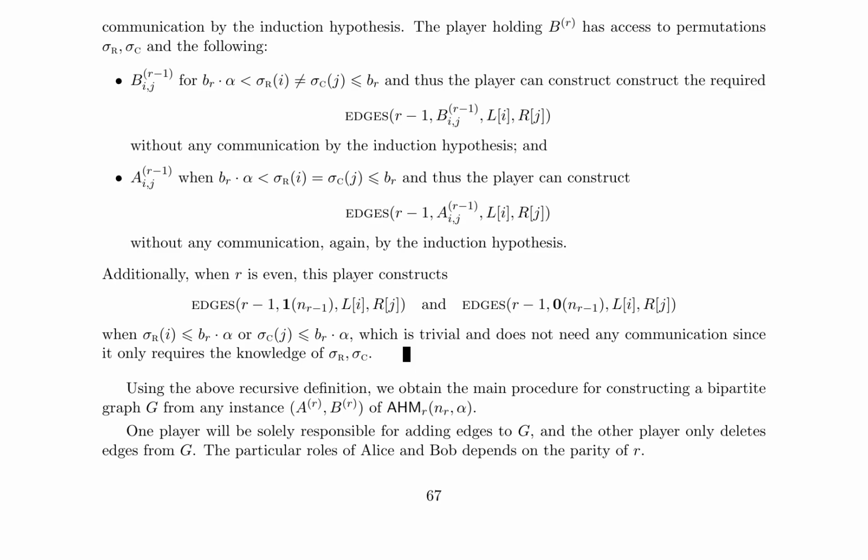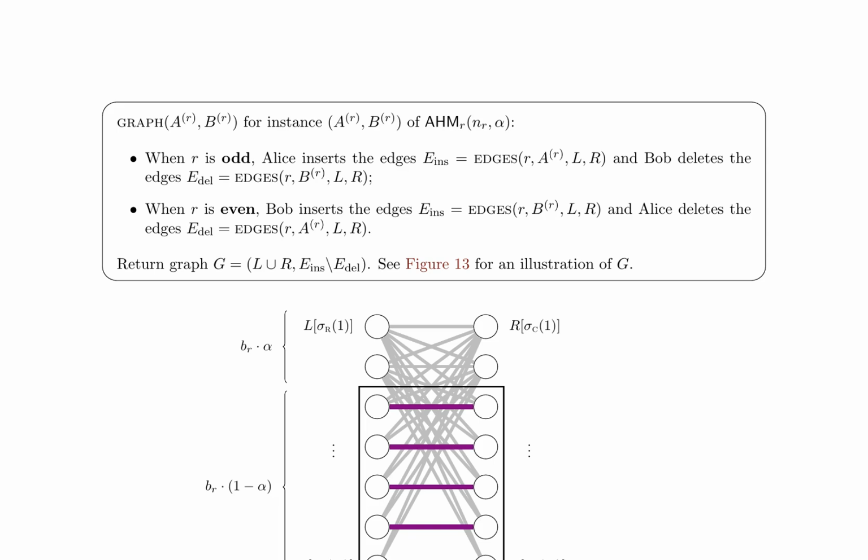The recursive definition of the graph construction is presented, where the player holding B_r has access to permutations sigma_r and sigma_c. The player can construct the required edges without communication by the induction hypothesis. Additionally, when r is even, the player constructs edges corresponding to subinstances in B_rest without any communication. The main procedure for constructing the graph G is presented, where one player inserts edges and the other player deletes edges. The particular roles of Alice and Bob depend on the parity of r. When r is odd, Alice inserts the edges and Bob deletes the edges, and when r is even, the roles